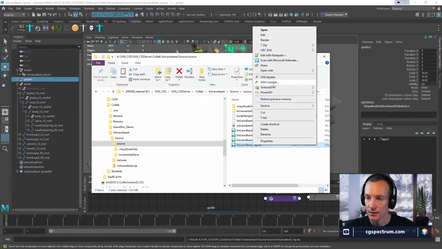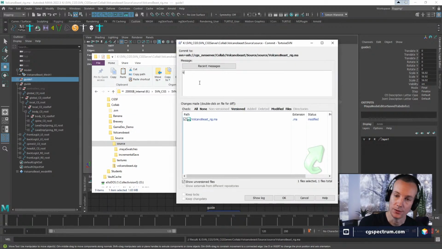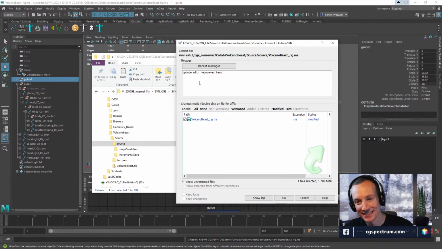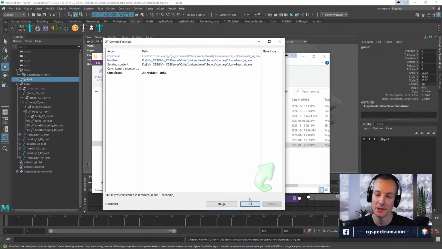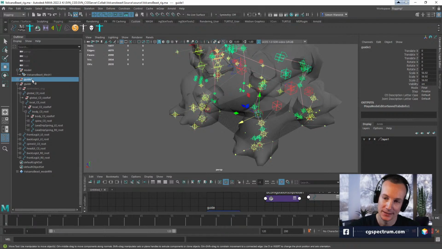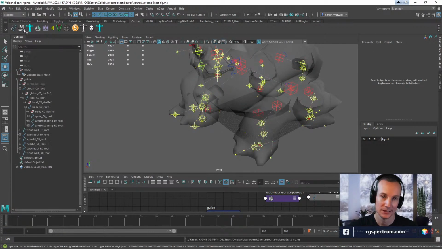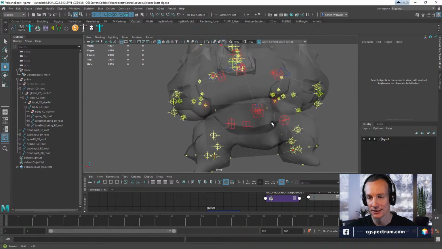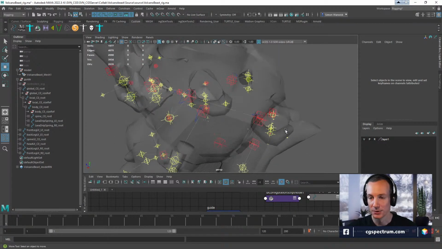It's ridiculous. And then we're going to commit for the third time. Updates, with recover template file, our guides. Okay. And then boom, that's been updated. So now I have 2 revisions on the server for that file. And then I can delete this, save this one. Now I'm working on a version that has some backups.